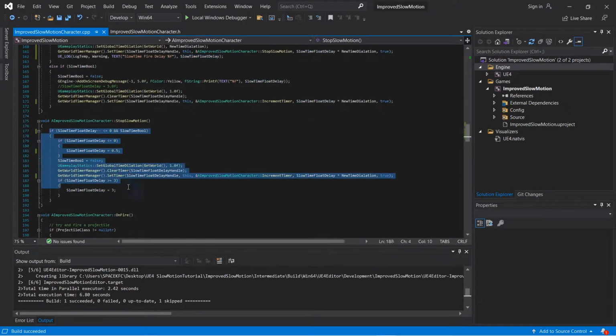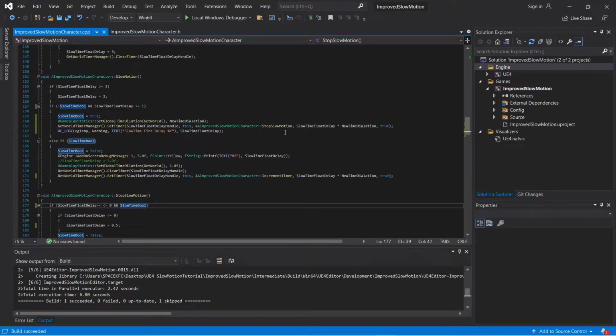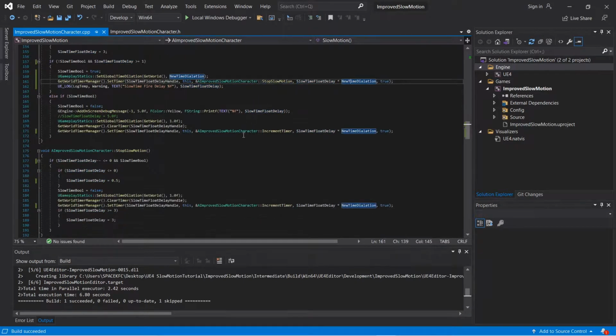And once those 3 seconds happen, it'll keep looping or keep calling the stop motion function. Once you press shift, you'll keep calling this stop slow motion function until it is less than or equal to 0. And once less than or equal to 0 and slow time bool is equal to true,